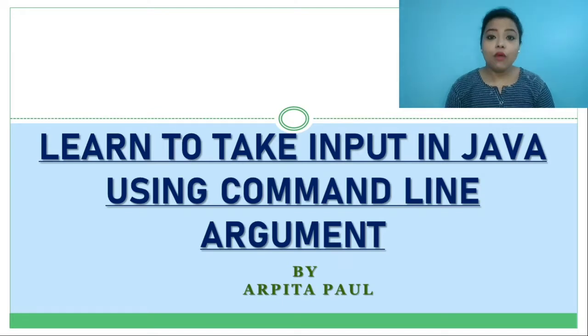So basically whenever we declare one method and we pass some argument within that method, like we use void main method. So command line argument means we will take input within the void main method, within the bracket section where we write string args. Instead of that, we will take input there and then we will use those values within the method. Okay, so let me show you with a simple example how you can take input using the command line argument.